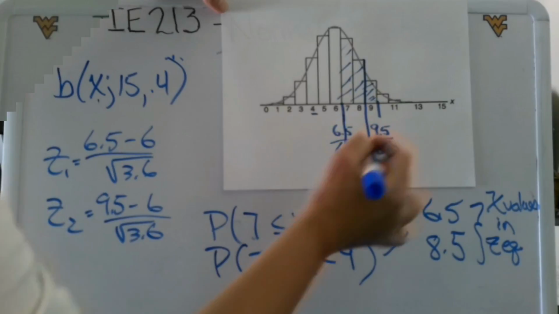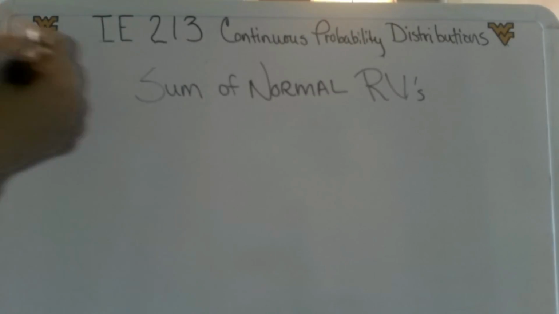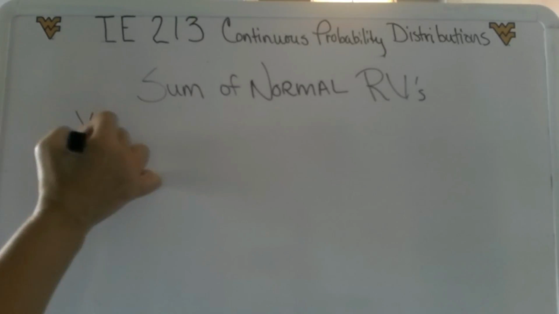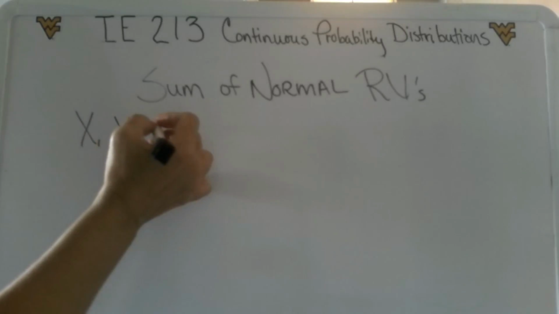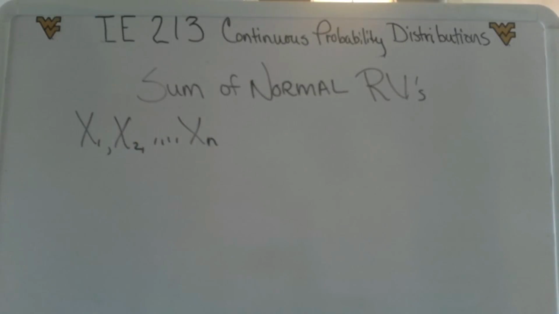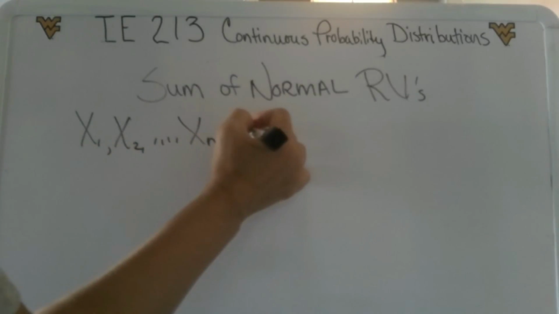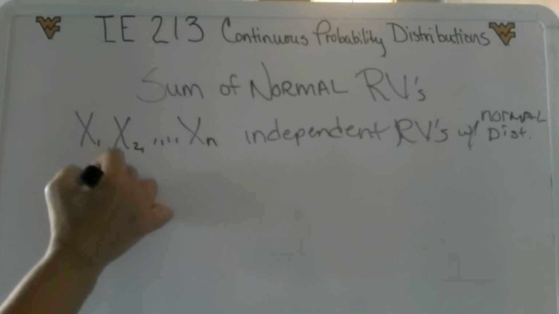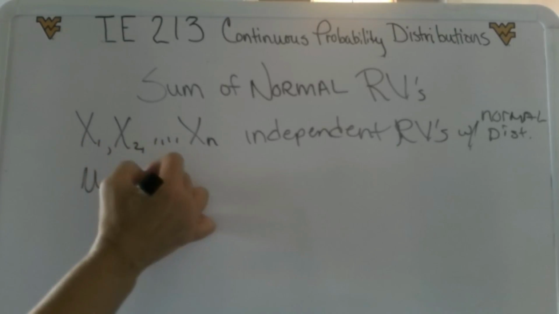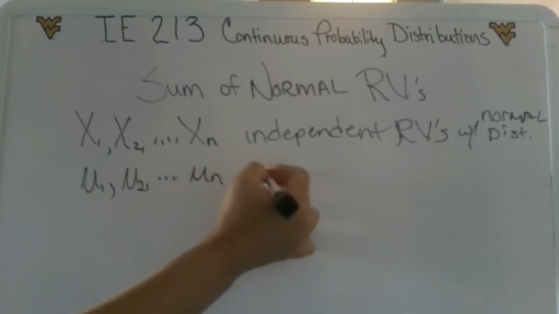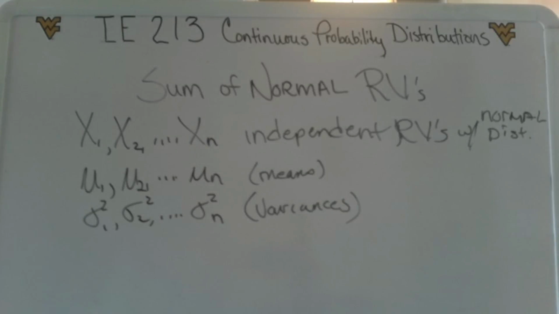Okay, let's talk about the sum of normal random variables. So if big X1, X2, through Xn are independent random variables having normal distributions with means mu1, mu2, through mu-n, and variances, then the random variable